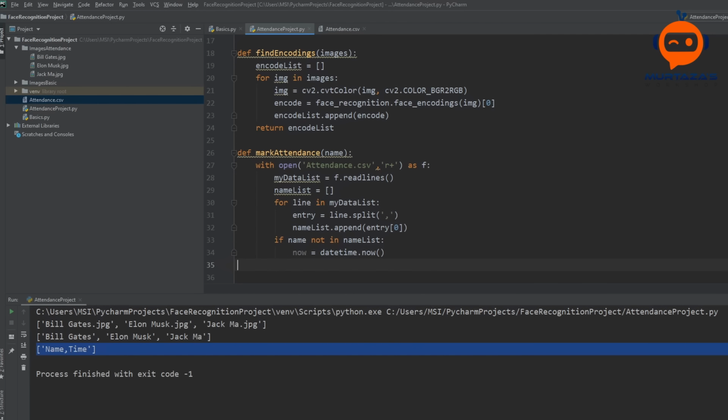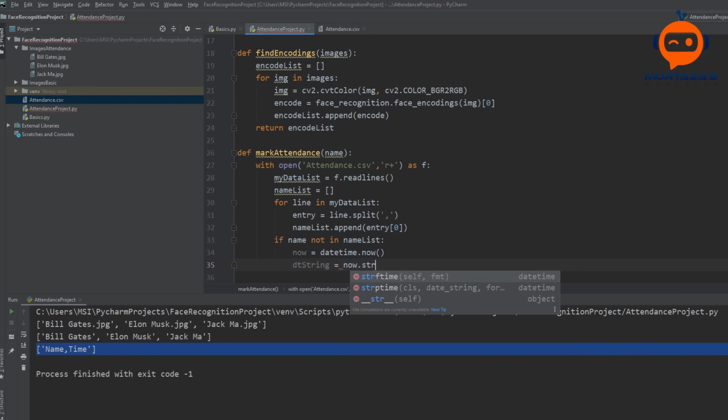This will give us the date and time, and we will only write the time. So we will write our date time string is equal to now dot strftime, and then we are going to write the format.